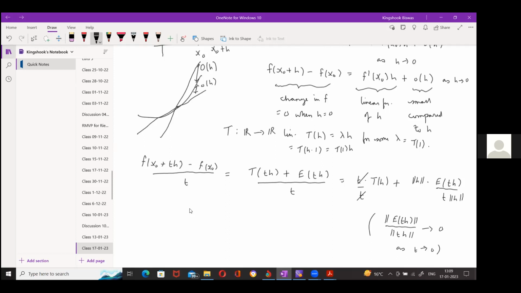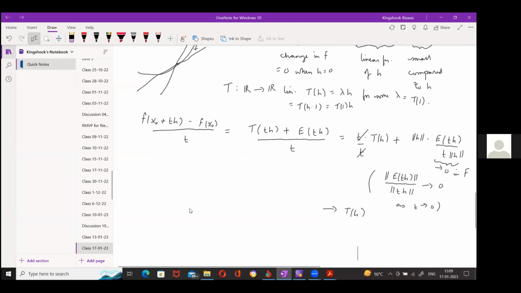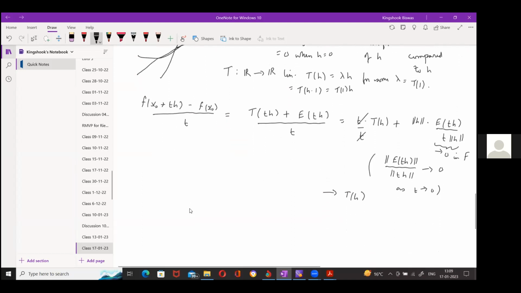So this term tends to 0 in the vector space F because its norm goes to 0. And this term is constant, so the whole thing converges to T of h. Okay, so that means that this limit, which is called the directional derivative,